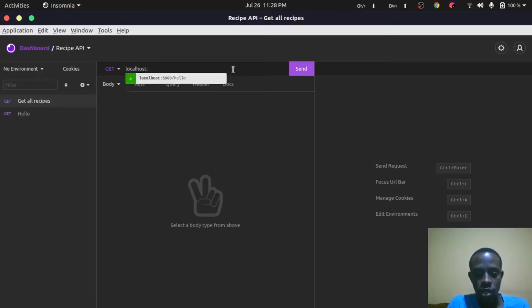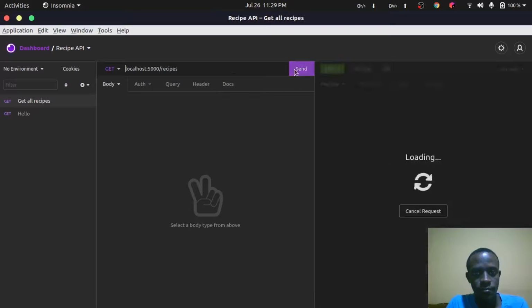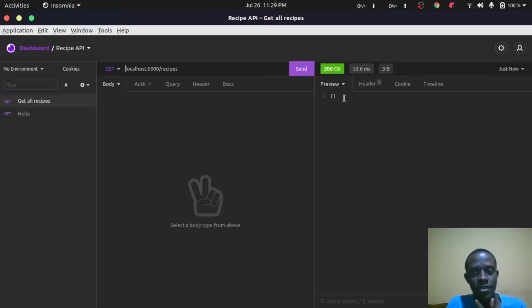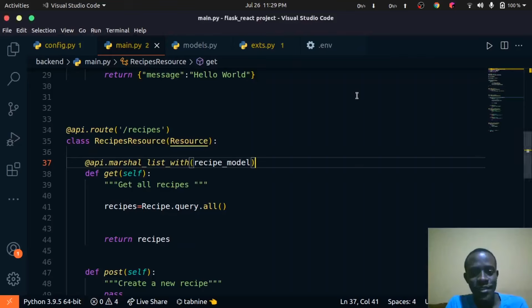It's going to be 5000/recipes. So if I send this, we expect to get a blank list of recipes. Now, if you're observant, we returned a query set of recipes, and this is going to return nothing or an empty list because we haven't yet populated that database with any data. So let's go ahead and